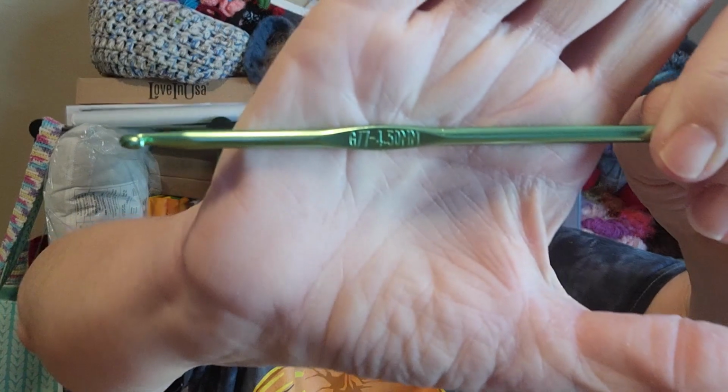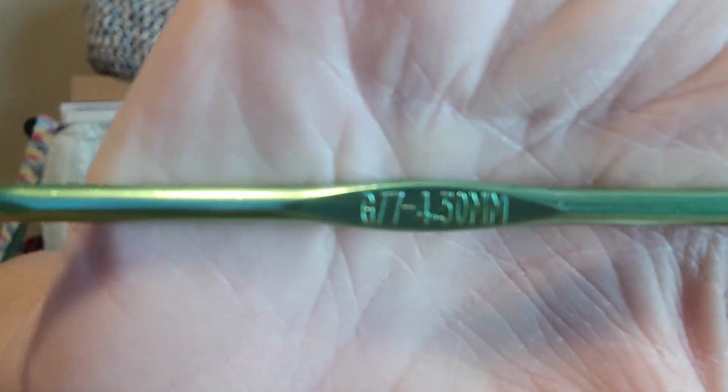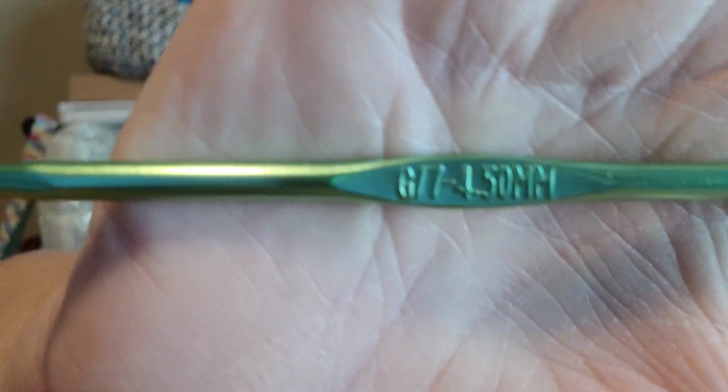darning needle, and in today's case we're going to need a crochet hook. I'm going to be using a 4.5 millimeter. There you go, 4.5 millimeter. And as you can see from the thumbnail, I have